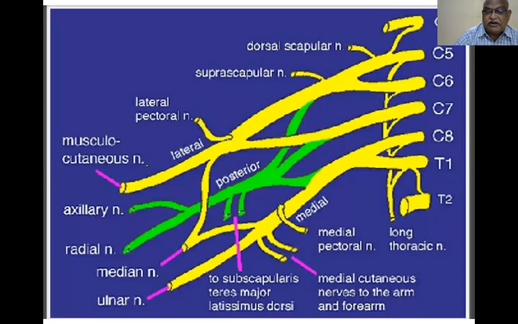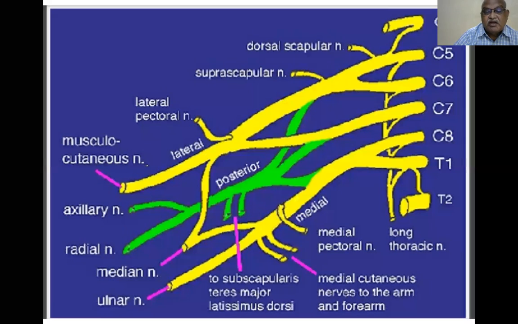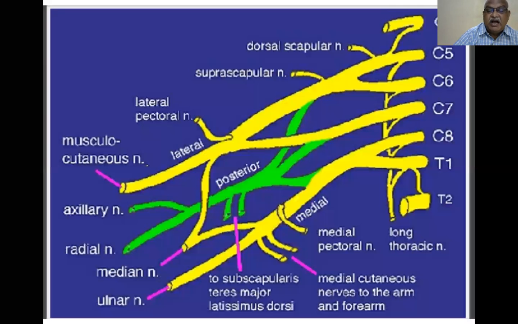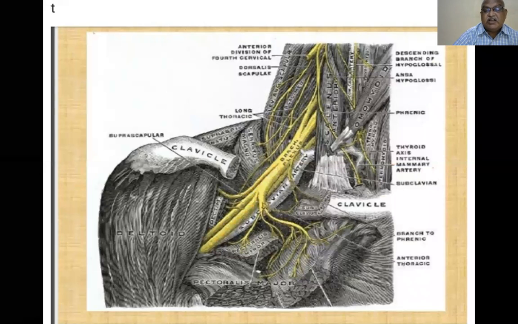So, this is a colorful diagram of brachial plexus. This is a simple yellow color diagram, and this is a colorful diagram. Now, this is the reason how the brachial plexus is present. You see,